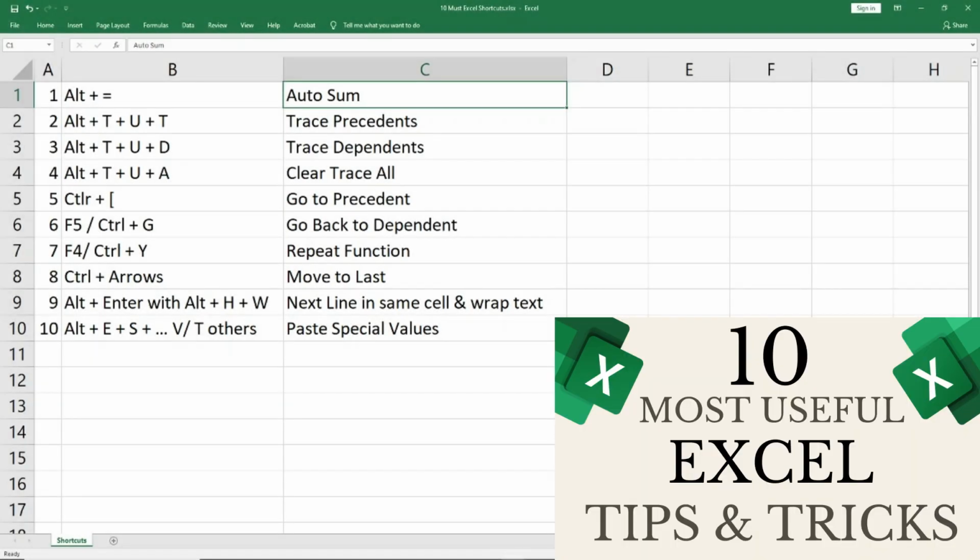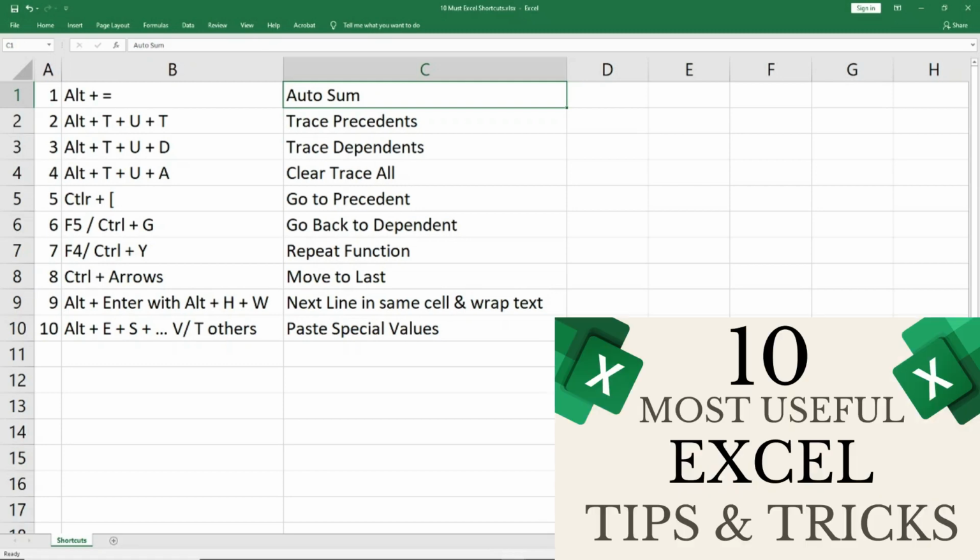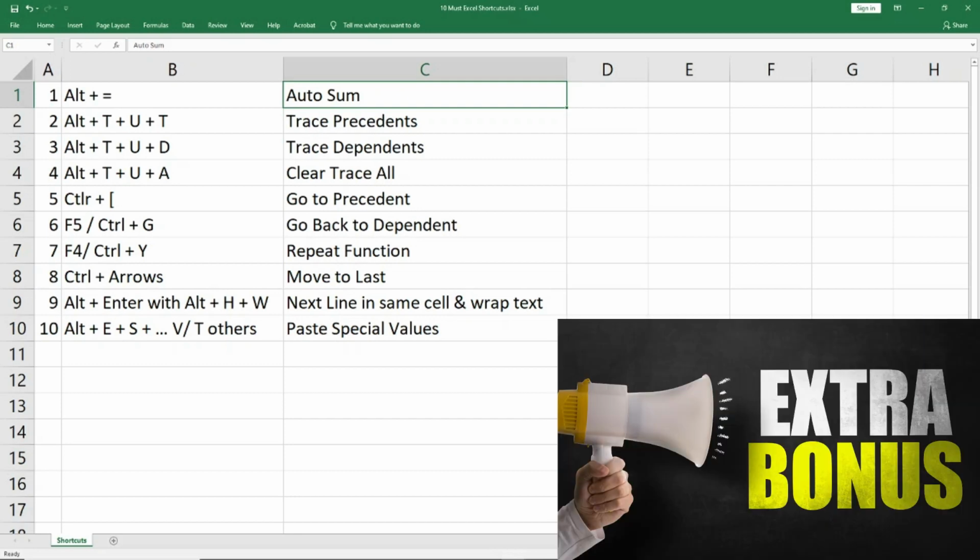Welcome back. So I already have a couple of videos where I have shown you 100 plus keyboard shortcuts for Excel, and you can always go and watch those. But in this section, I just want to focus on 10 shortcuts and formulas which you must know. In between, I'll tell you a couple more things which I normally do because that is what I have been doing in financial modeling, how to manage data and how to get the best possible report.